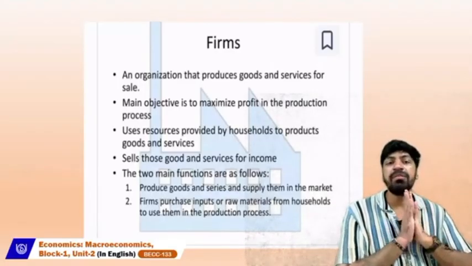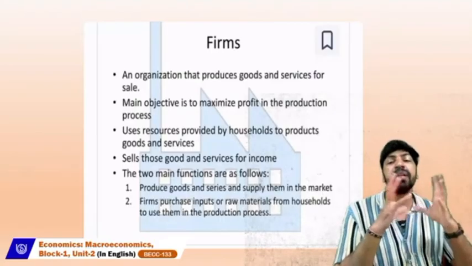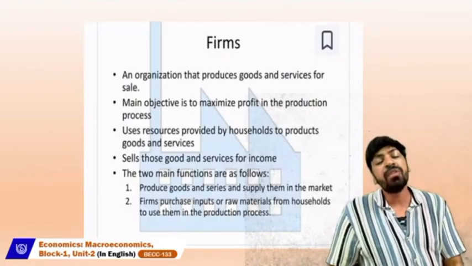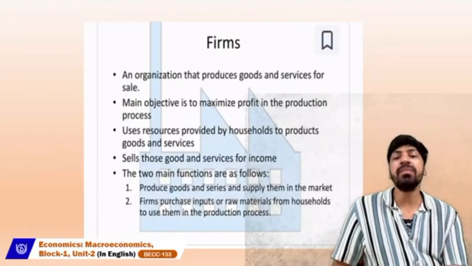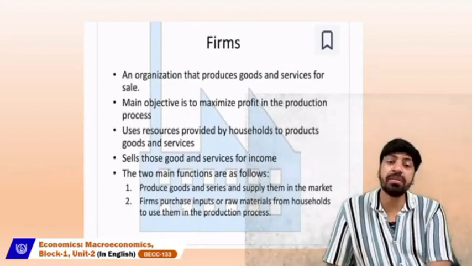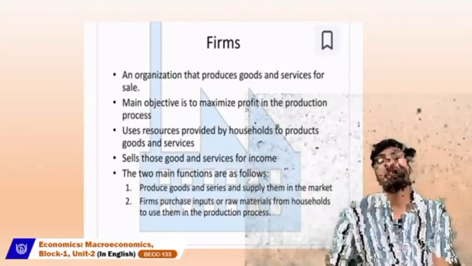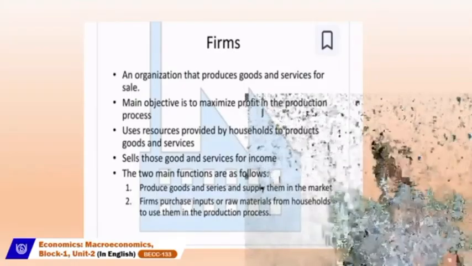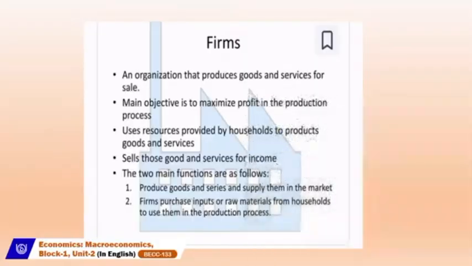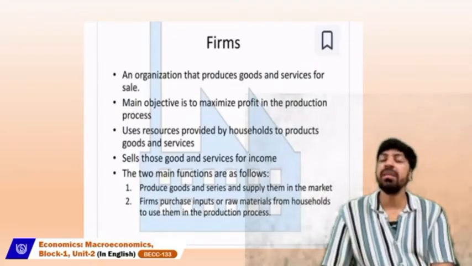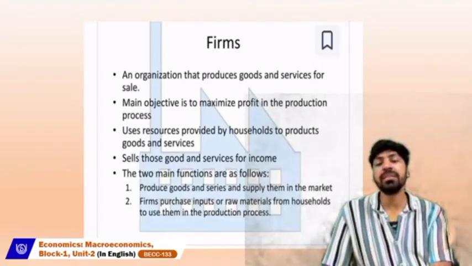When we talk about the firms, it refers to an organization that produces goods and services for sale, and one of the main objectives is to increase profit in the production process of all those goods and services. And of course, a firm uses all those resources provided by the household to produce goods and services, and earn income. So the two main functions of the firm are, of course, to produce the goods and services and